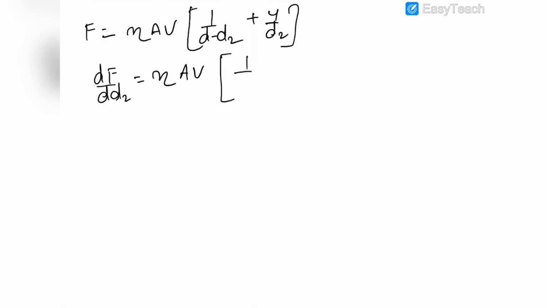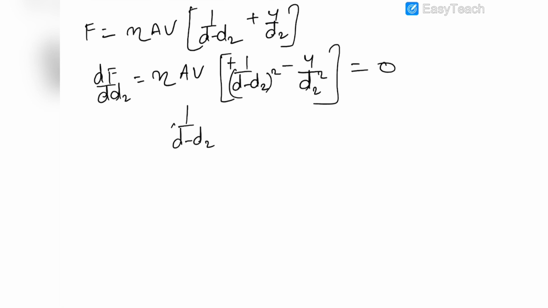So differentiation of this expression would be minus of (d minus d2) whole square into minus d2. So into differentiation of minus d2. So differentiation of minus d2 with respect to d2 would be minus 1. So this would be plus, and this is minus 4 upon d2 square, and differentiation of d2 is 1. So this is 0. So 1 upon (d minus d2) whole square is equal to 4 upon d2 square,